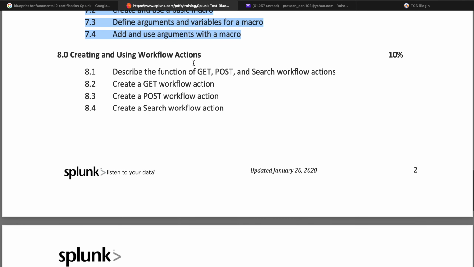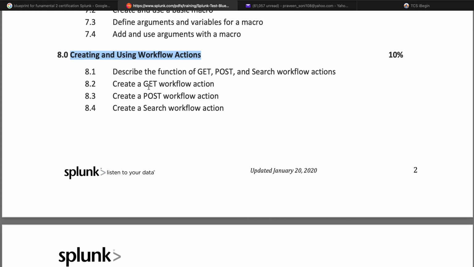Creating and using workflows, this is very crucial and important for those who want to create an action on their event. So this is very useful. Also, if anybody wants to perform an automatic action or user generated action, they can create an action workflow.